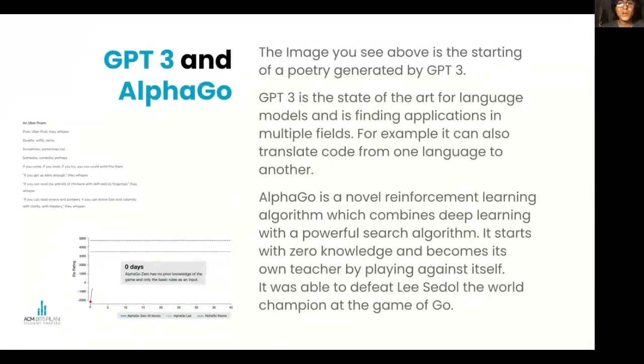Then there is AlphaGo. AlphaGo is a novel reinforcement learning algorithm, and I love reinforcement learning myself. To demonstrate what AlphaGo is capable of, it was able to defeat Lee Sedol, the world champion at the game of Go. And it was not just one game. The machine defeated Lee Sedol in 4 games out of 5. And Lee Sedol was so frustrated by his losses that he quit Go after the match took place. And how did AlphaGo get so good? It learned from the best. It learned from itself. It plays against itself multiple times until it is the best.